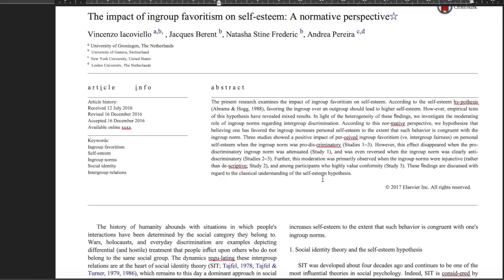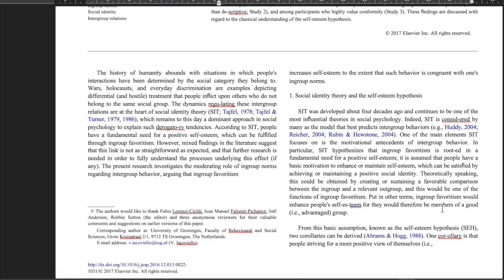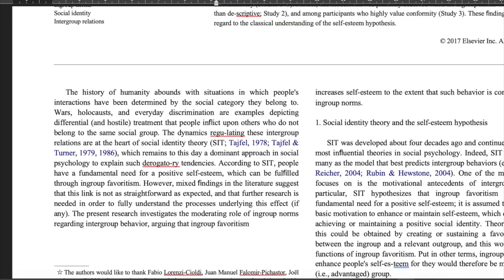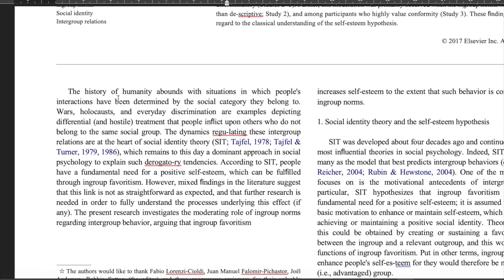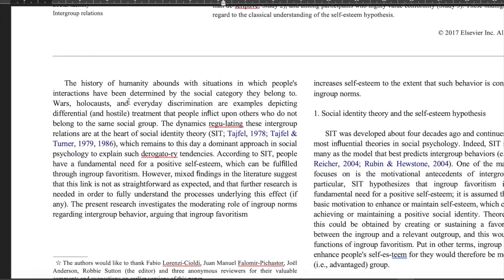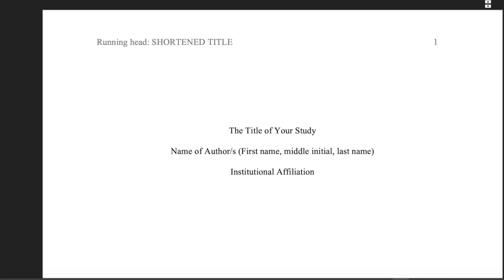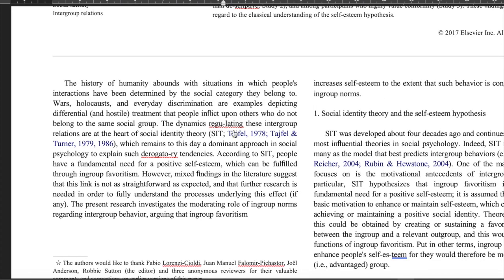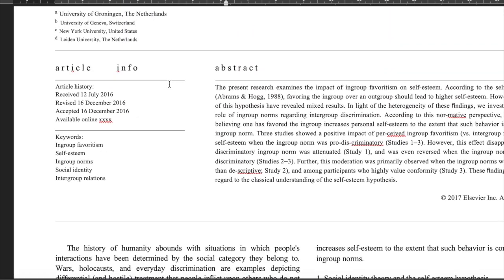Here is an example. Let me expand this. So this part is a short introduction of this paper. Let me read to you, and then I'll try to point out what these things are in reference to the things that I have mentioned a while ago. So again, this paper is about